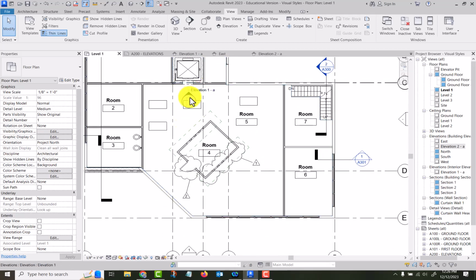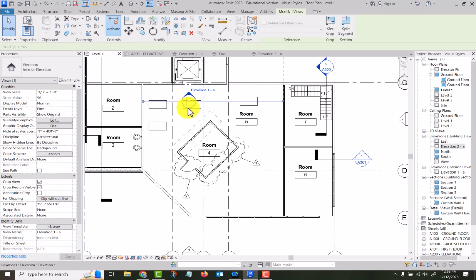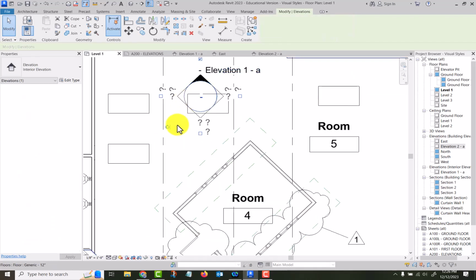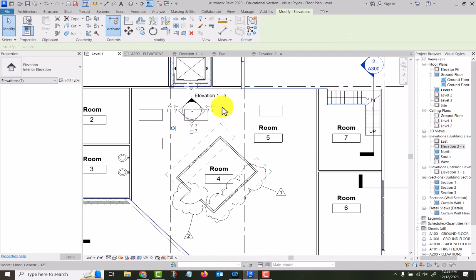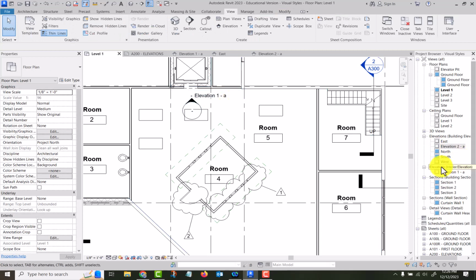When you place them, you notice the symbol is different. It's round with a small triangle above it, okay? And if I select the circle, you see I've got 4 options there. I can click multiple sides. Okay, and then it gives them a name, and it creates another index over here in your browser for interior